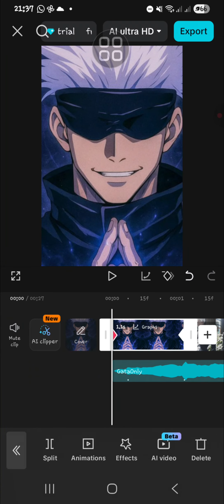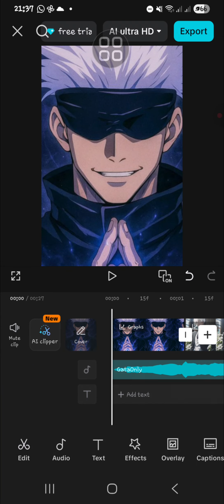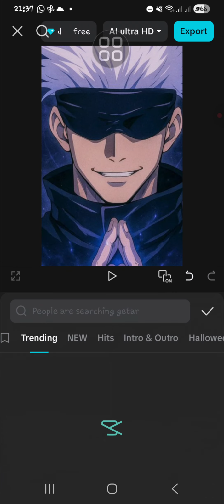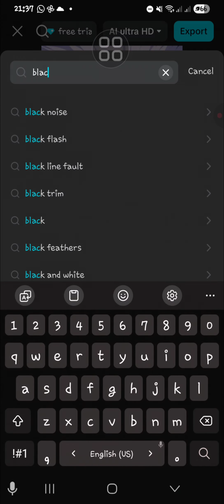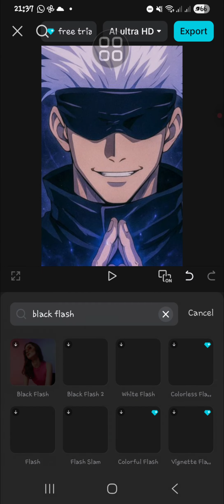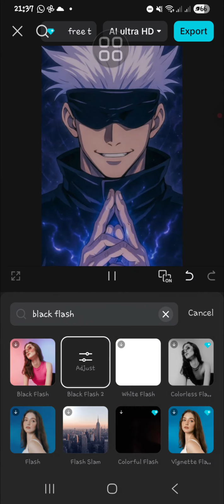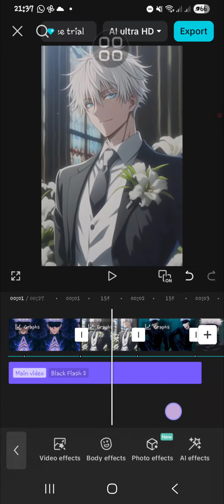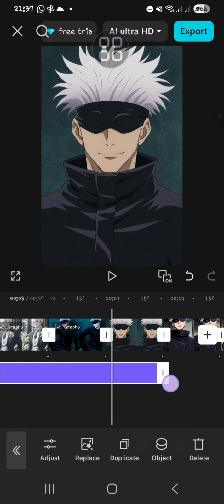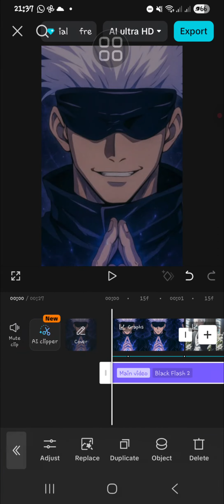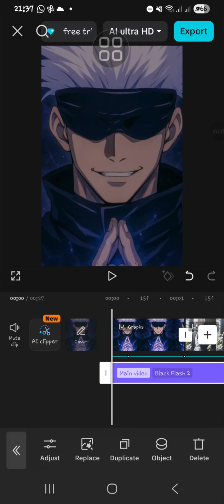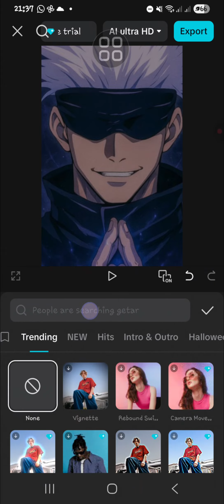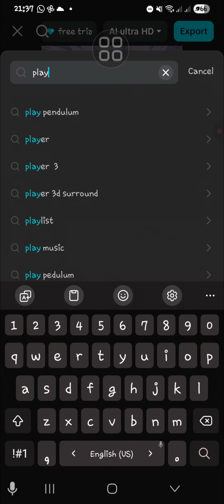Okay, and then you're going to apply black flash. I'm going to go to the video effect and then search black flash. Okay, like this, and then you can apply it to all your videos. Okay, done. And it will create something like this, and then you can also apply play pendulum effect, this one,